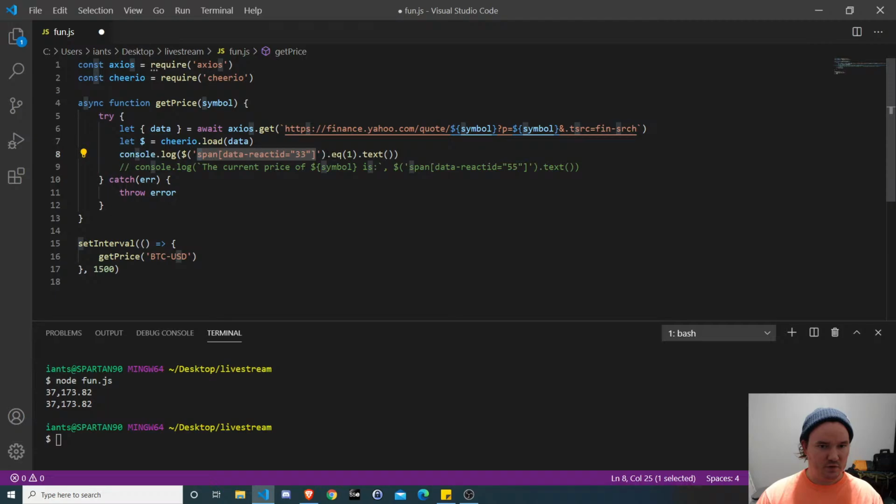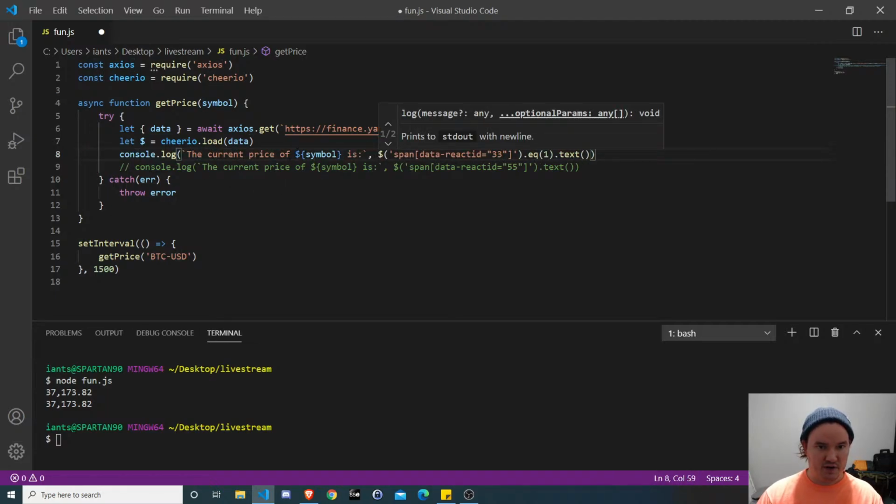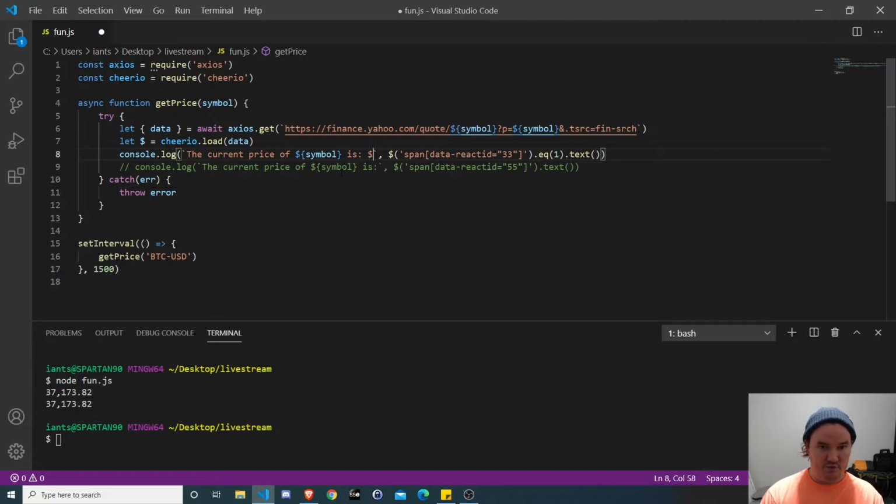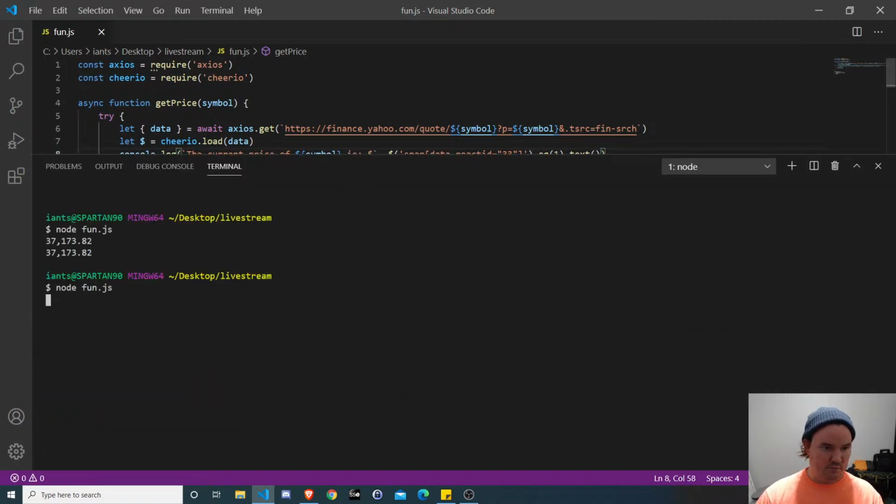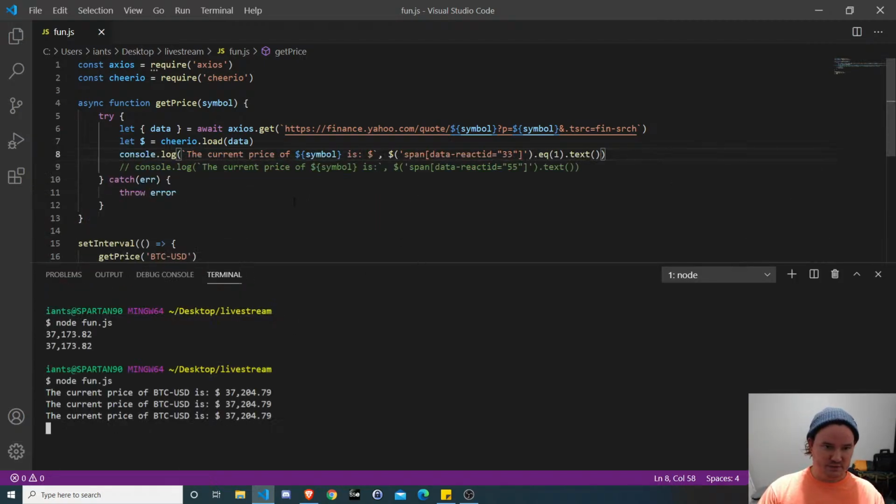So in this case, we're just going to punch in this, and say the current price of the symbol is, and then we just need to make sure to put a $ sign. And if you wanted, at the end of it, you could put USD if you're worried about the currency. Oh, it gives me the space. That's annoying. That's okay.